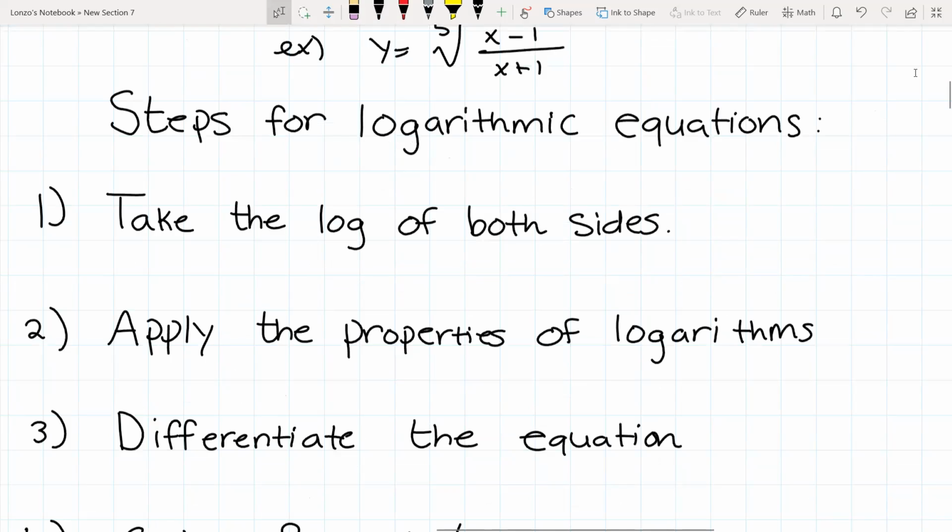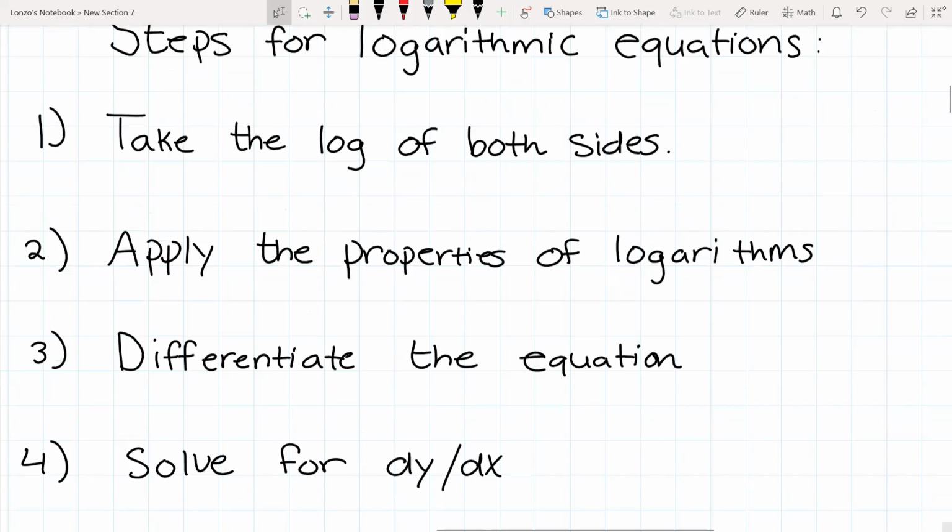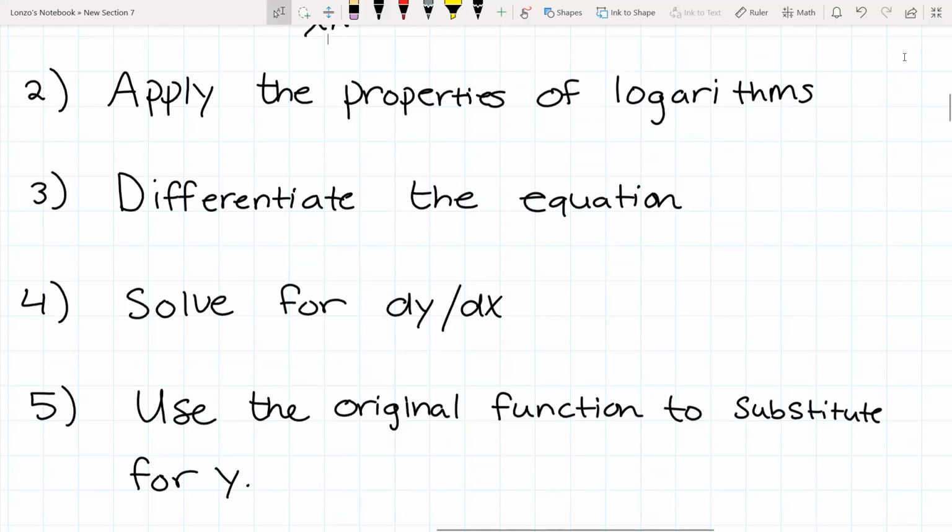So what are the steps for logarithmic differentiation? So what you're going to do is take the log. Step 1, take the log of both sides. Step 2, take the log, or actually the natural log, of both sides. Apply the properties of logarithms. Differentiate the equation with respect to x. Solve for dy/dx, and then